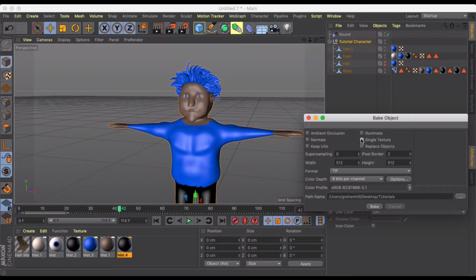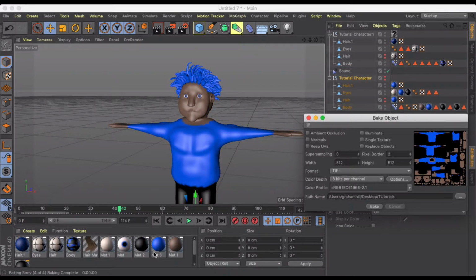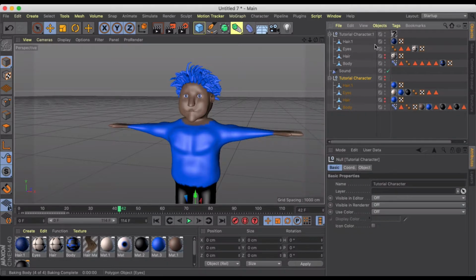I probably don't want that. I want like the individual items to have their own textures. And I'll just hit bake. And this will kind of remap the groups and go through, and it might take a little while for the hair. But that was pretty quick. You saw that. So now we have a baked character that if I render,